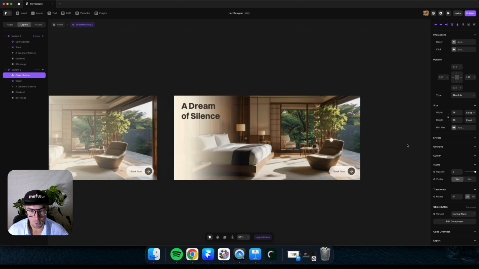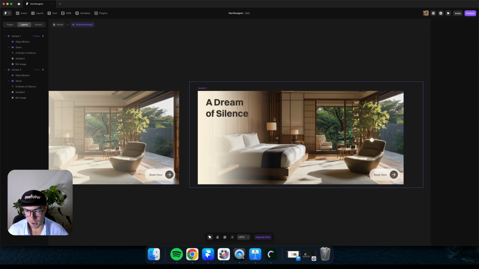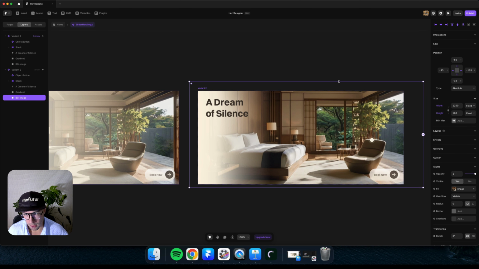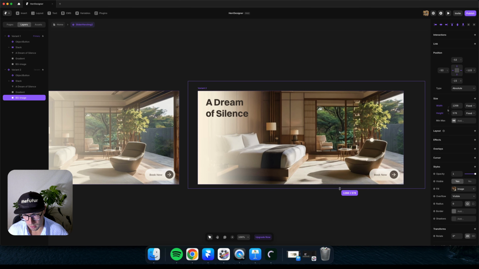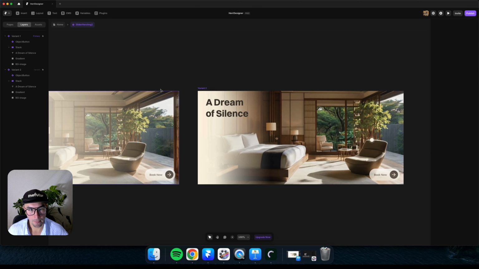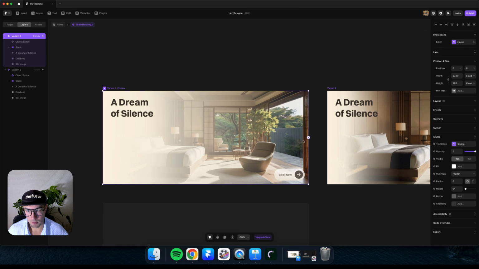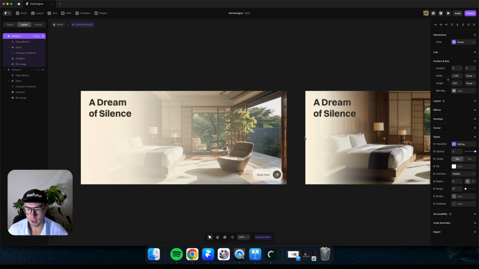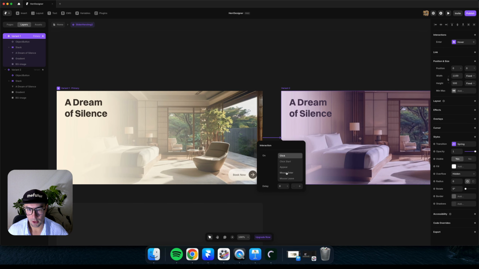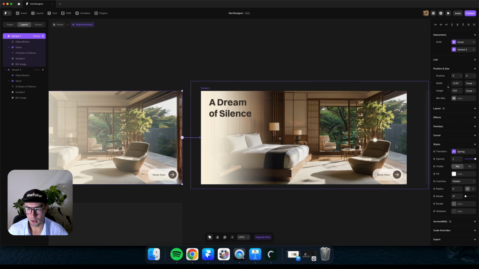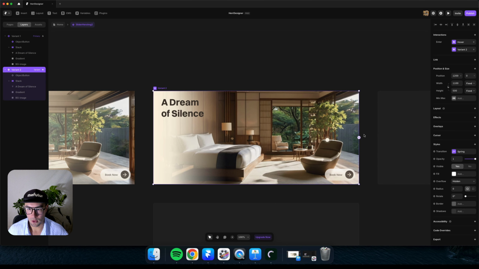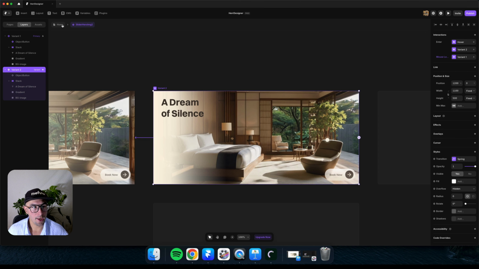So we also can make some changes to the background again. I want to have it a bit bigger, just a bit, yeah, like this. And now we can make the connection. So we are connecting this one and we are going to say mouse enter, and also we can connect the second variant with the first one, and we are going to set it on mouse leave. So I have this variant,